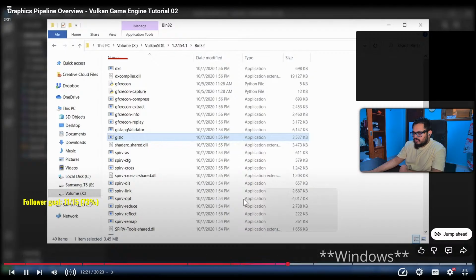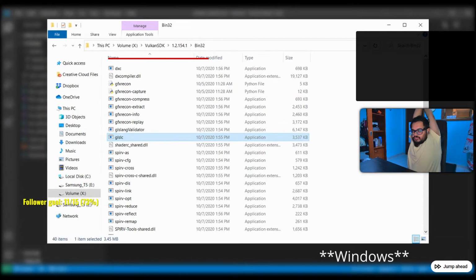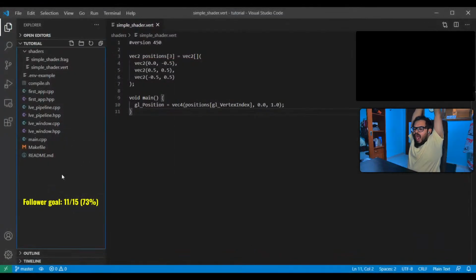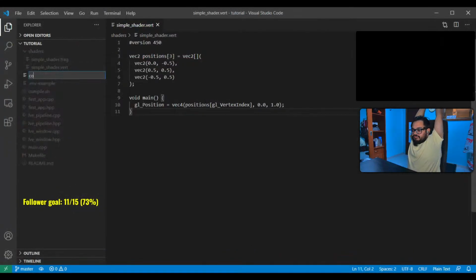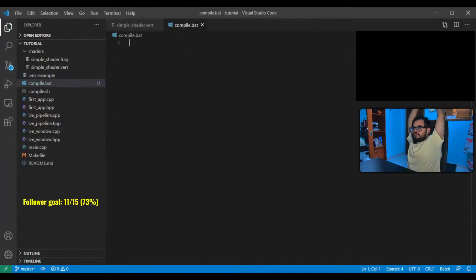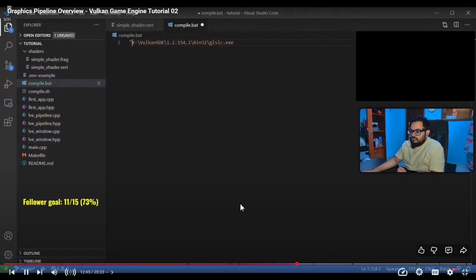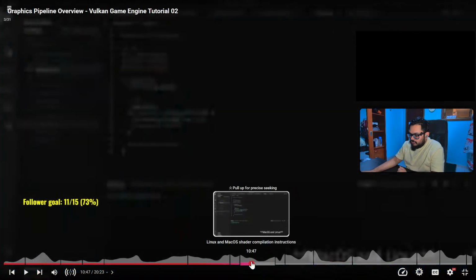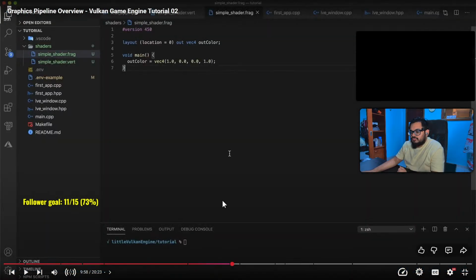Directory where you installed the Vulkan SDK. Then open the folder for your version number, then bin32 and locate the glslc file. If you hold shift and right click, you should see an option to copy as path. Once you have the file path copied, create a new file, compile.bat in your main directory. Then paste the path you just copied and remove the quotations. The first argument is the file to be executed. We need to compile